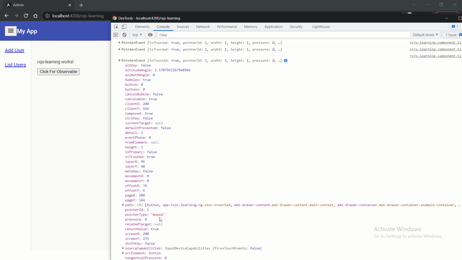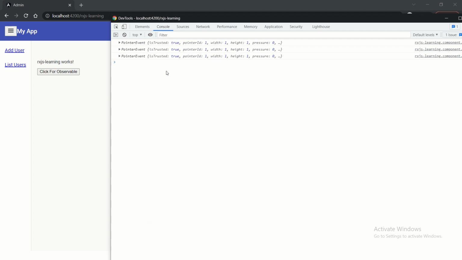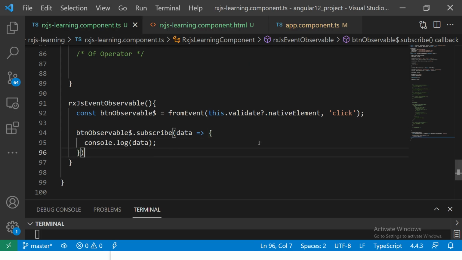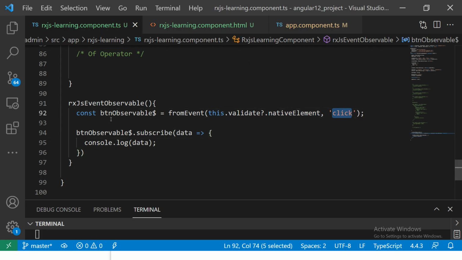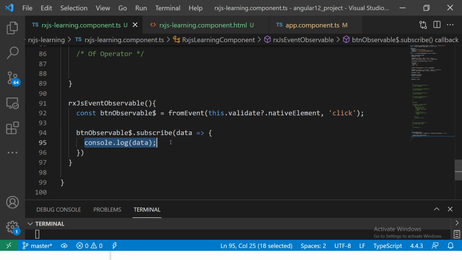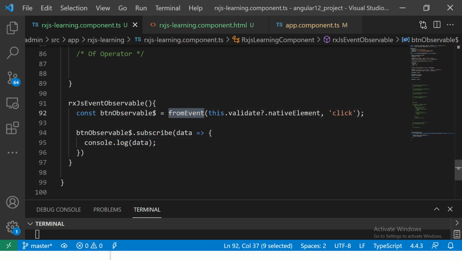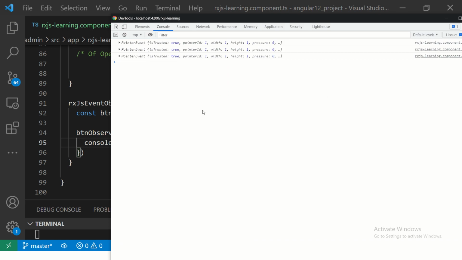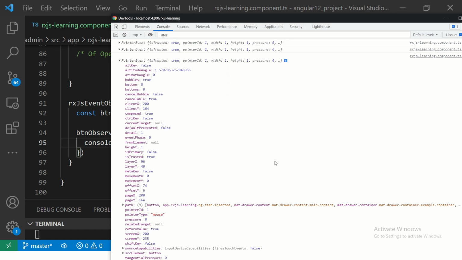Pointer type mouse, this is a mouse click event, right? So pointer type mouse, and it is giving me an observable of the data. So it took that click event, and I subscribed to it. So in the data, it has now converted the event into an observable, right? Now you might want to get some data out of it. Like for example,